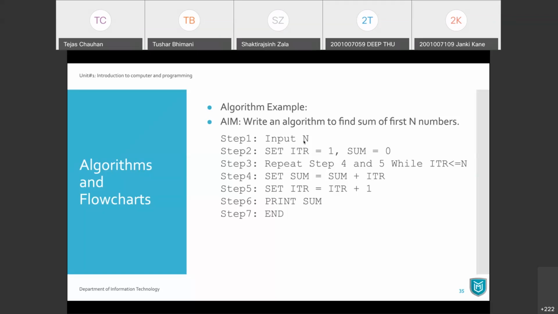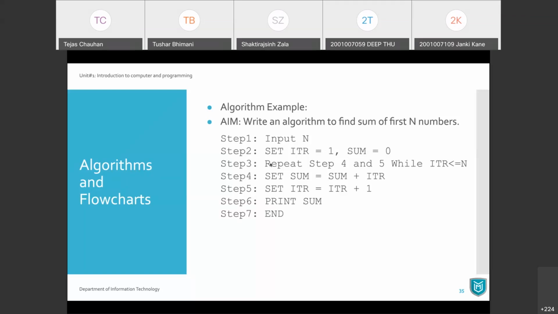So you take your input n first, then you initialize your ITR with 1 because we are going for the first iteration. Along with that, we need to maintain some answer. So we have another entity, sum, which we initialize with 0, because the unit number for summation and subtraction is 0, and the unit number for multiplication and division is 1. You should remember that from the mathematics part. So we will initialize our sum with 0.